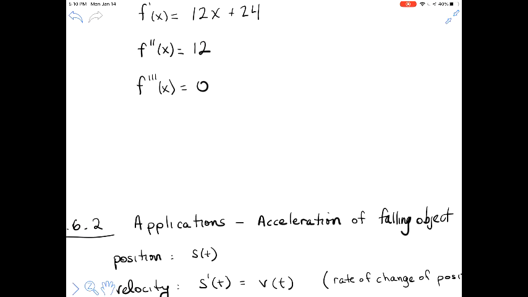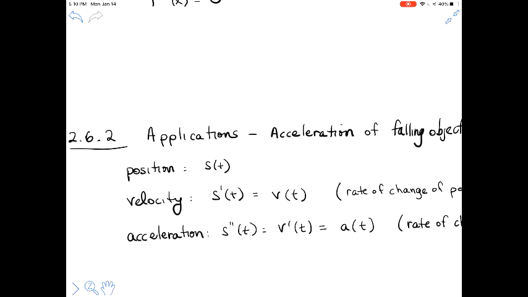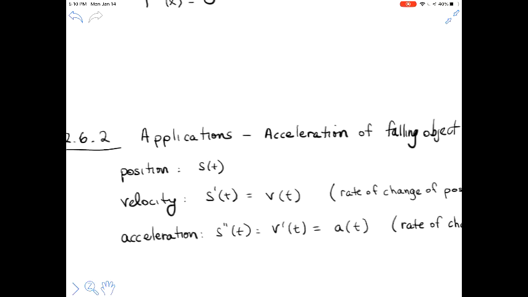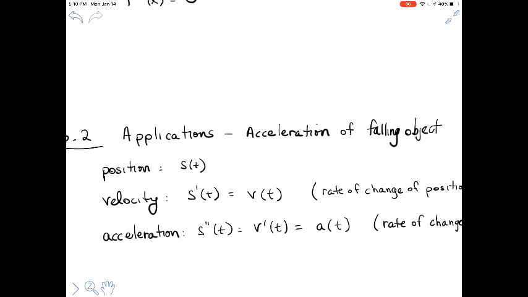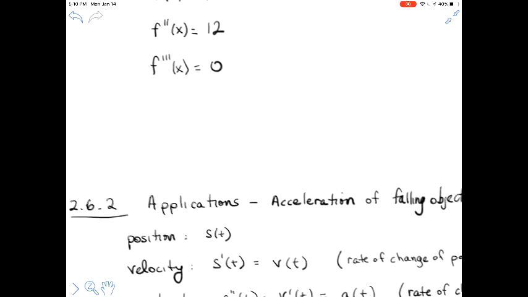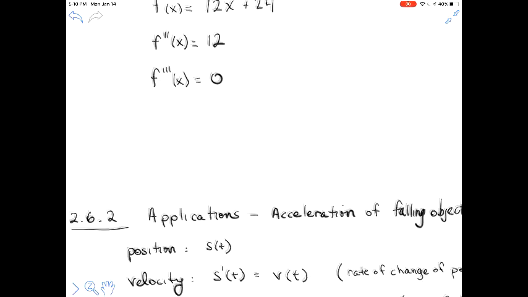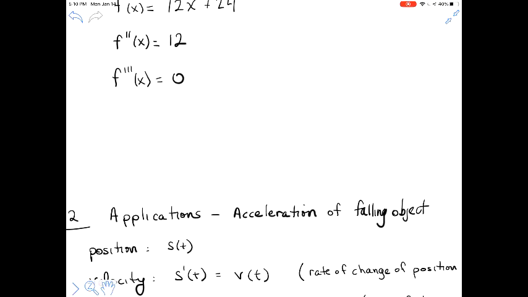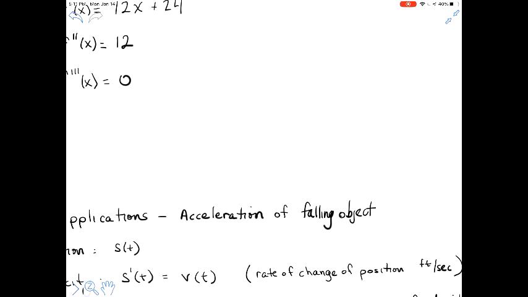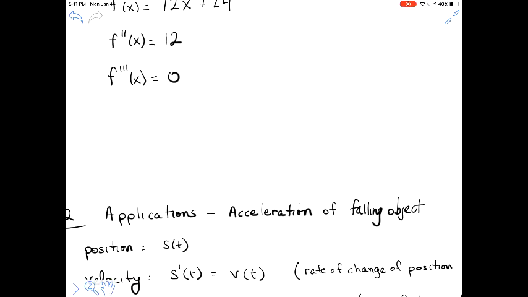Now, moving into applications, one application we're going to look at, actually the only application at this point at least, is the acceleration of a falling object. So we talked in lesson 2.3 about the position function s of t. If we took the derivative of position, that gave us instantaneous velocity, which was v of t. That's the rate of change of position, in feet per second normally. If we took the derivative of velocity,